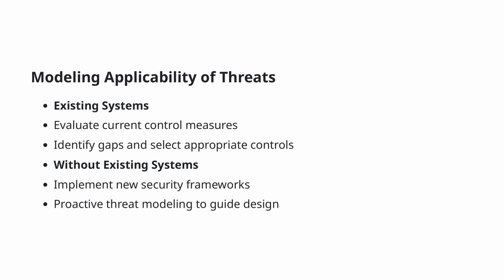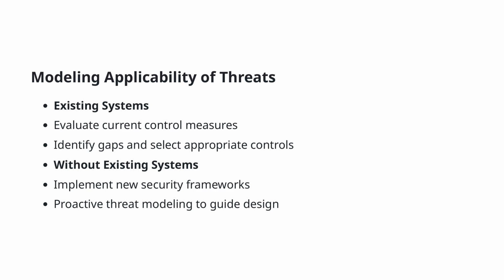When it comes to existing systems, it is crucial to evaluate the current control measures. By doing so, you can identify gaps in the existing security and select appropriate controls to fill these gaps. On the other hand, if you're dealing with a scenario where no current systems are in place, you need to implement new security frameworks. This proactive approach to threat modeling will help guide your design decisions, ensuring the system is secure from the ground up. This dual approach helps in both enhancing the security of existing systems and in building robust new systems that are